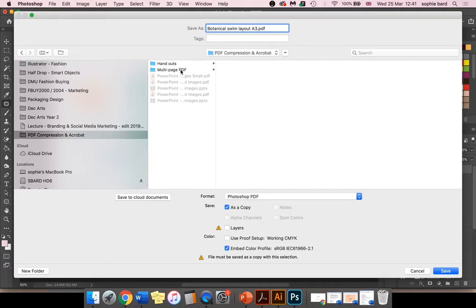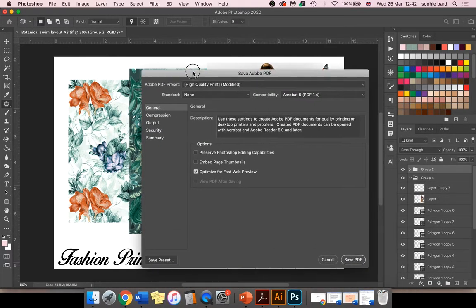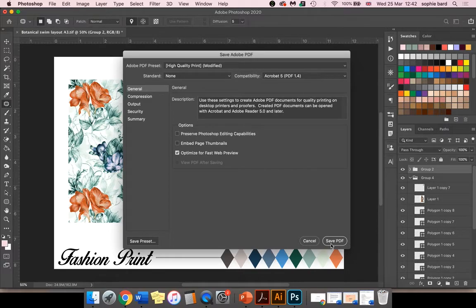Save that into the correct folder. Just rename it. And when this comes up, you've got this Save Adobe PDF dialog box. Just make sure that you untick Preserve Photoshop editing capabilities and embed page thumbnails, and then you're also ticking Optimize for fast web preview, and that should help to keep the file size down for that individual page. You can select Save PDF,